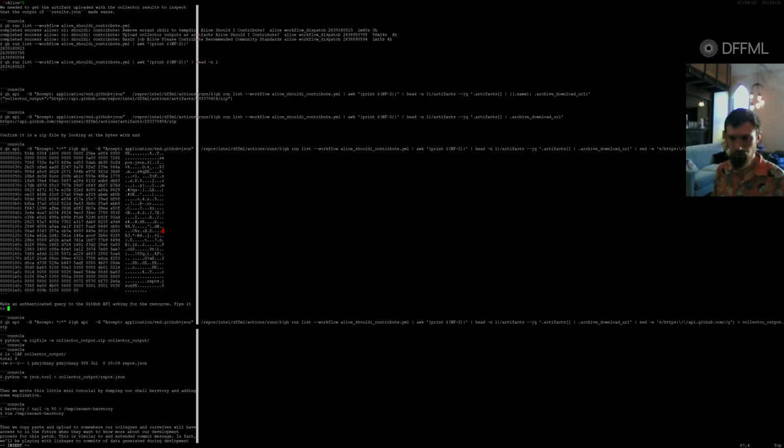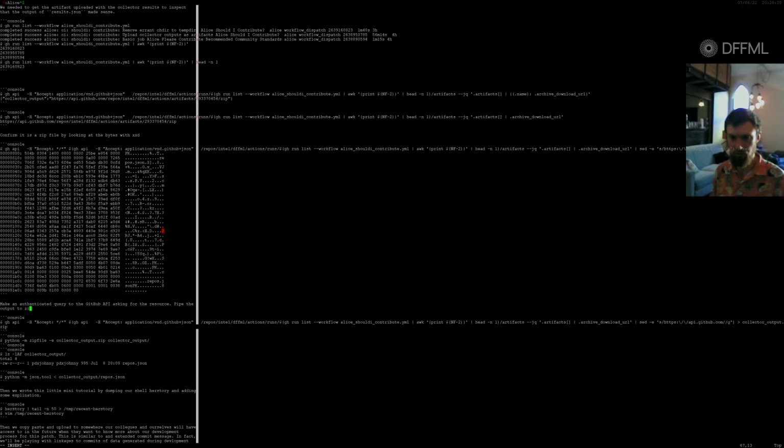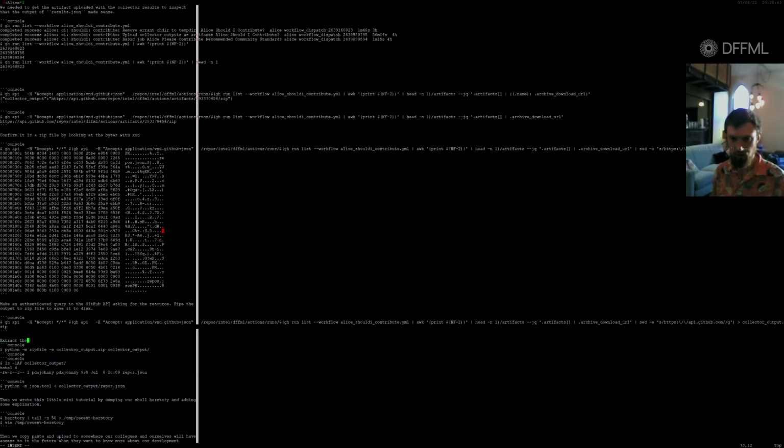Pipe the output to a zip file to save it to disk. Okay, then we extract the zip file to view the contents